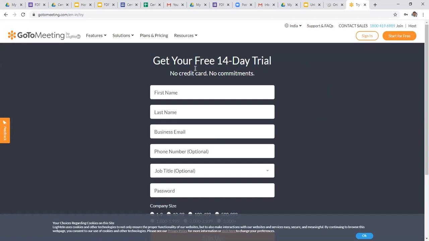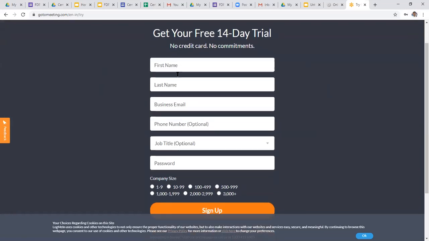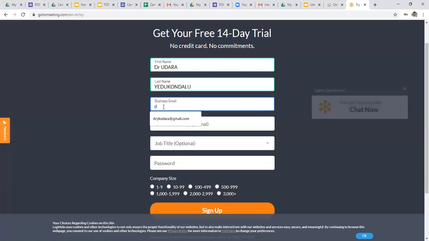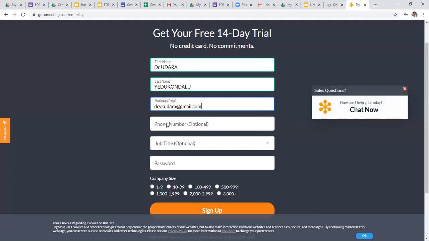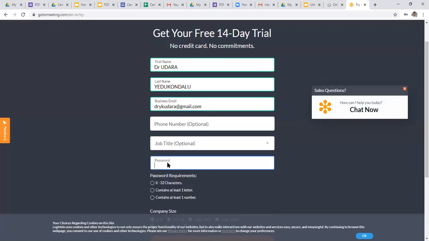Here the credentials we are supposed to give: first name, for example my name, Udara Edikondalu, and a business mail. We can give business mail, that is college mail, or personal mail also, no problem. I will give my mail ID. Phone number and job title are optional. Then you create a password also here.